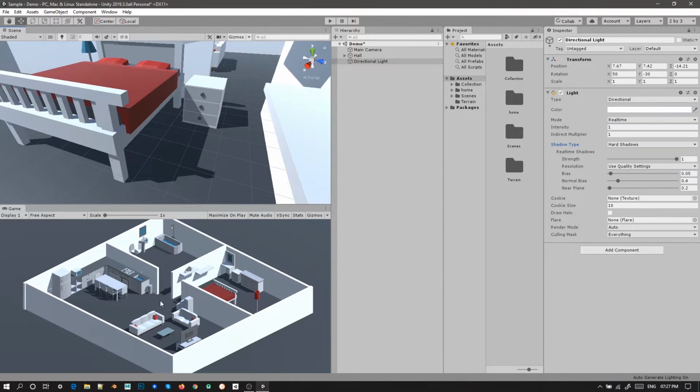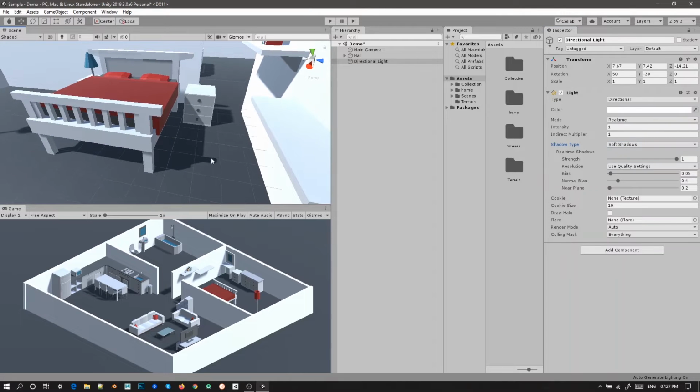So when you apply hard shadows you can see the shadows are really hard and it has sharp edges. Next to that we shall select a soft shadow. So under soft shadow you can see that the edges of the shadows are a bit curved and they are soft, right? So next to that we shall see the attributes of shadow. First let us see strength. So increasing it will increase the strength of the shadows and decreasing it will decrease the strength of the shadows, as you can see here. And you can choose the strength of the shadow according to your wish, right, guys?